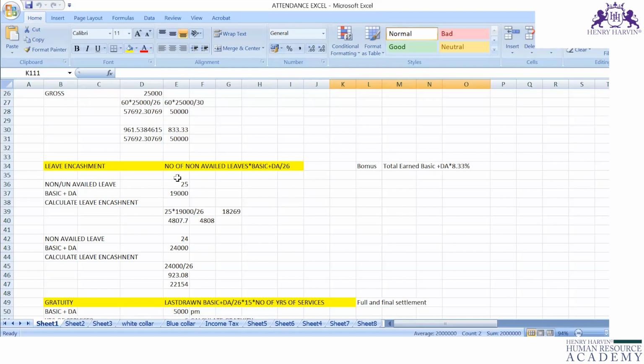So what the organization will do: employees are enjoying ESI leave, so why do I have to give sick leave for them? Only casual leave and earned leave is enough. So they will give only casual leave and earned leave for their employees. So the leave policy is the organization's choice, up to the organization which leave they can give.